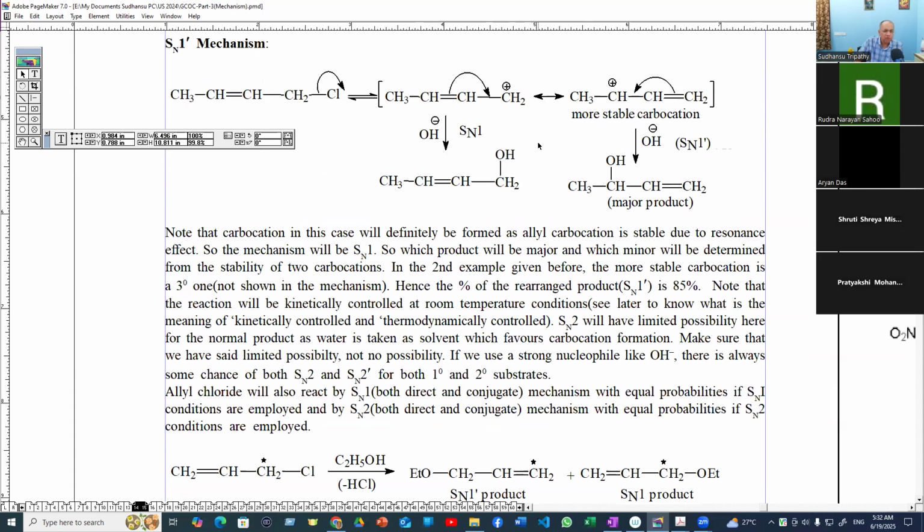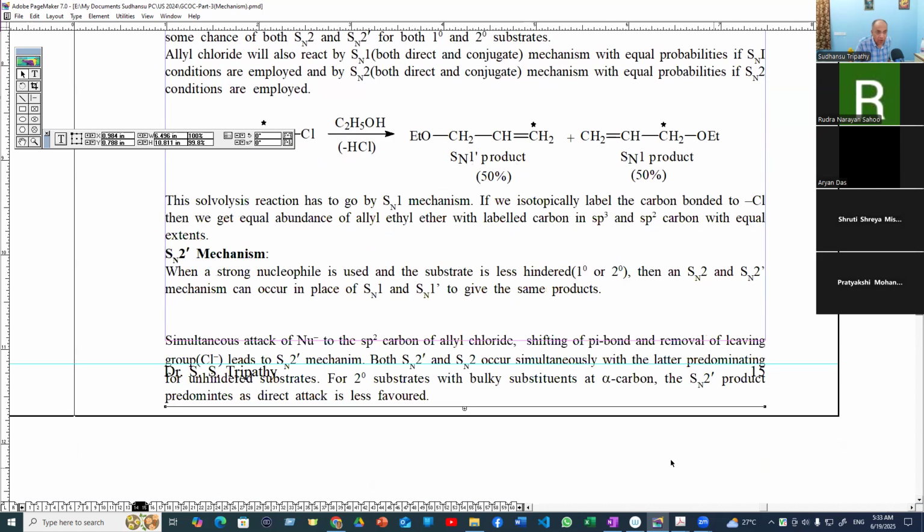But since the allyl carbocation is stable, there is a carbocation and there is a rearrangement. We are getting a rearranged product also. Therefore, it has to be SN1. But in SN2, you will see SN2 dash also is possible. Rearrangement in a single step is also possible. See, SN2 dash, if you take a strong nucleophile, if you take a strong base, OH minus, still the mechanism is in favor of